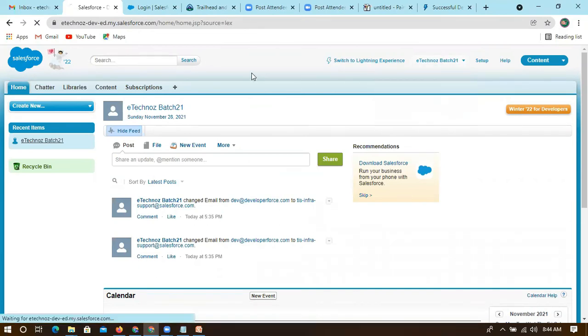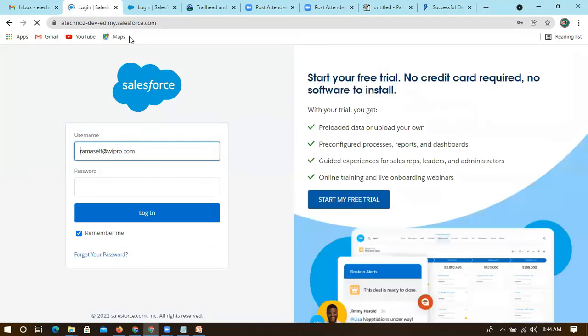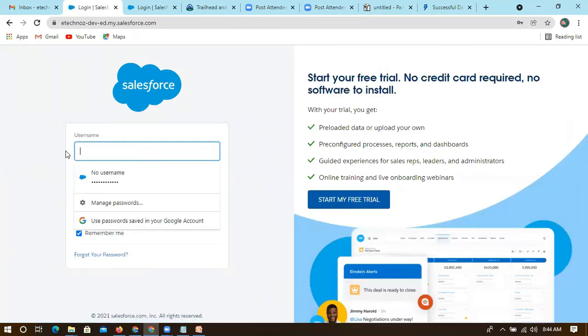So let's take it, I have logged out. If I want to log in, I just need to give the username. Do you remember the username?